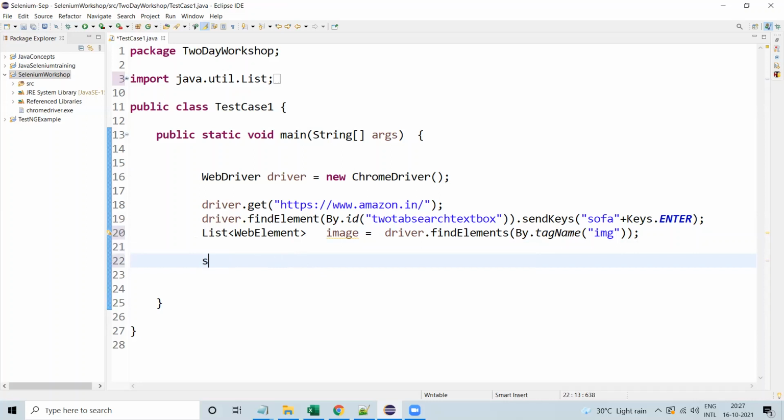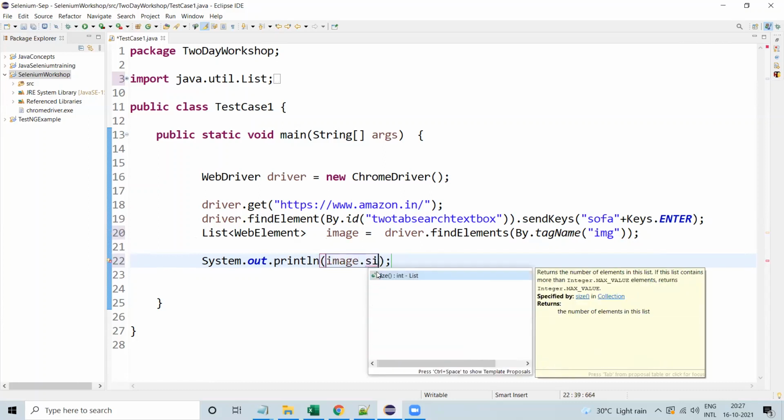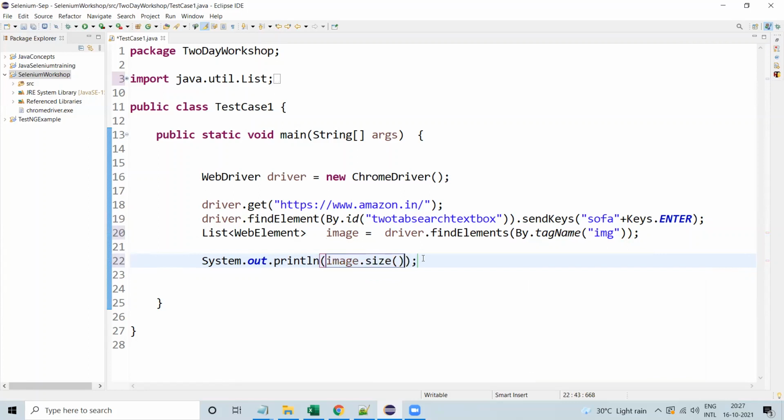So now I am printing this variable, and I want to count, so I'm going with image.size.